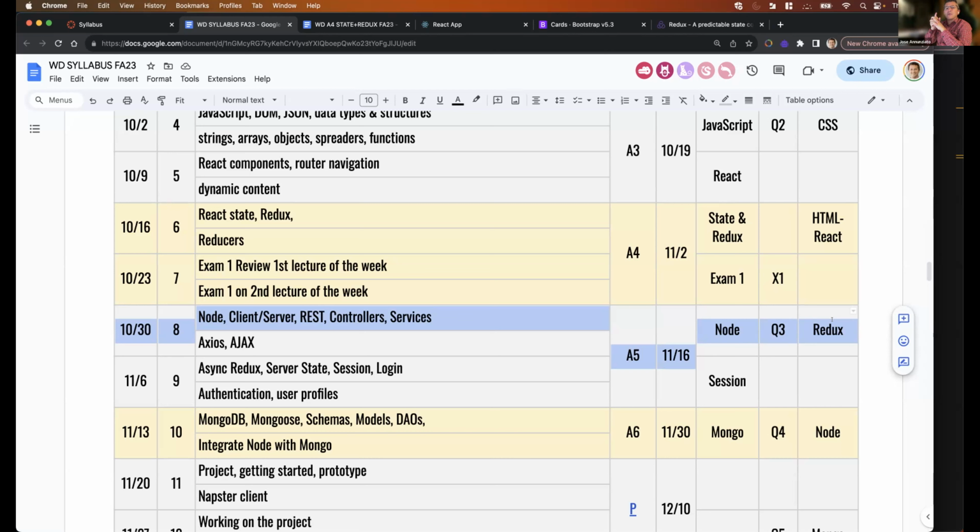Also, right when we come back from exam 1, I'm going to start creating a demo of what I intend. I'm going to follow the requirements of the project. I'm going to demonstrate what the various requirements mean, just to make sure that we're all on the same page of what is expected of you to create the project. So right after the exam,